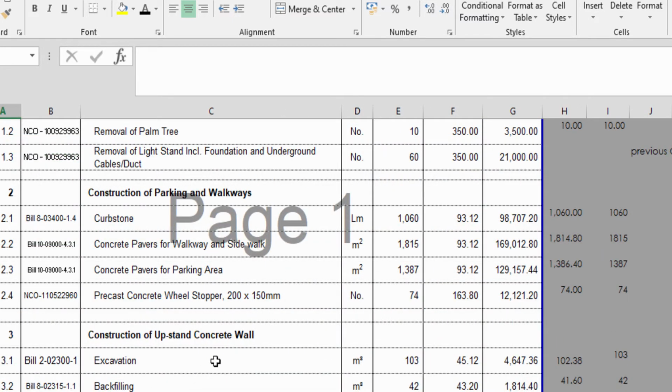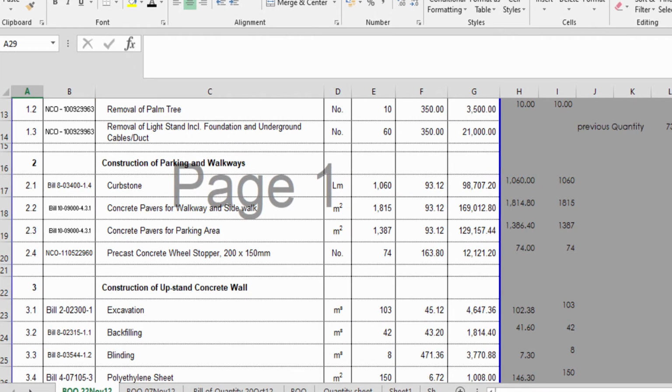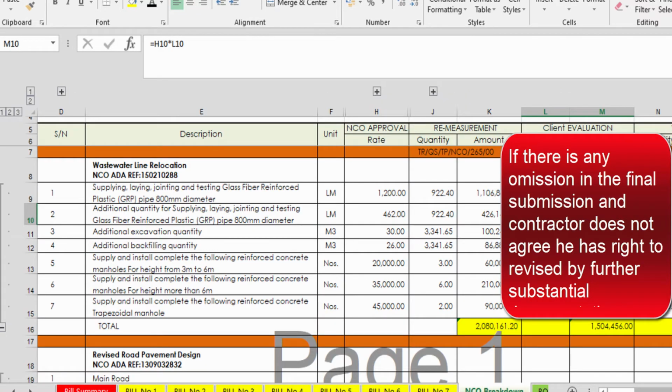We will see the drawings again, we will see the documents attached. Again we will attach the WIR, meaning work inspection request, that this work we have done. When we substantiate that the variation item is genuine and you have to pay this amount, we can revise that particular application and send it back to the client, saying you have to accept this as a genuine claim. Okay, so this is basically how you will record your data.